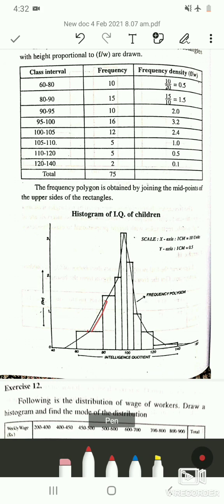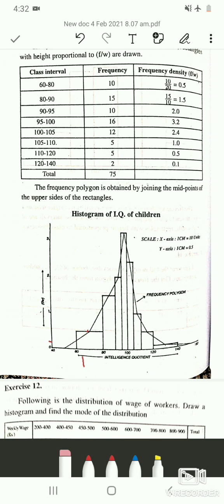So from here till here till here. So you get a frequency polygon, and you have to touch this to the x-axis such that the class interval mid value has to be taken. So this is 40 to 60 will be the previous class, and its midpoint will be at 50. Now the last class interval is 120 to 140. Then the next class interval will be from 140 to 180. So somewhere in the middle you have to join the frequency polygon line.